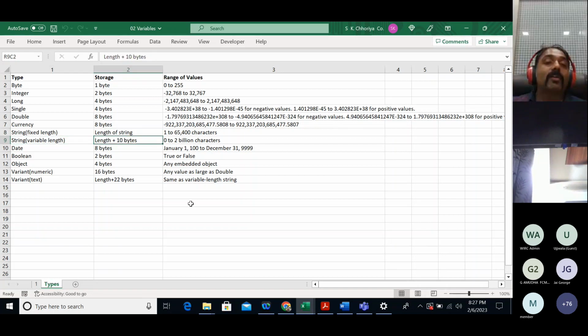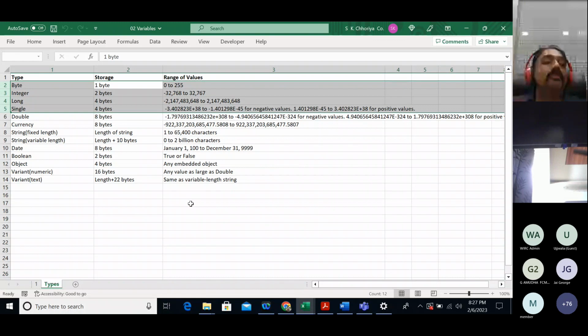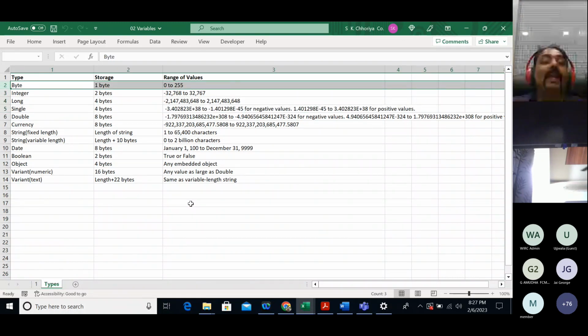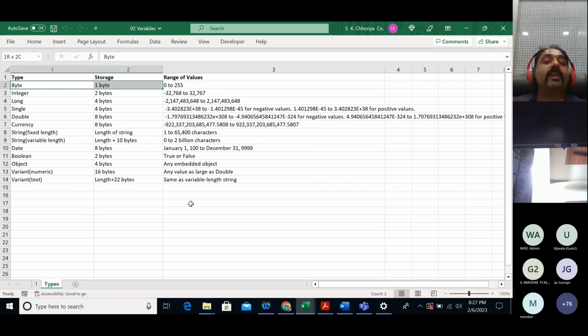If it is variable, whatever the length is plus 10 bytes extra. So much more space is required if you want to store some other thing. If you want to store numbers that are much smaller in size, then you can go for certain types. For example, you define a variable to be a byte. As the name suggests, byte is going to